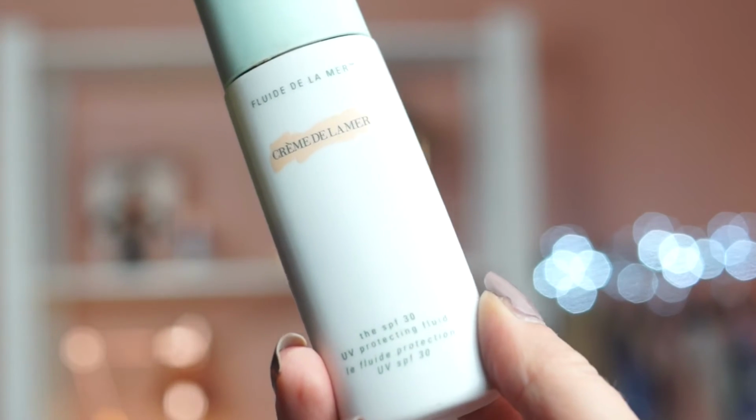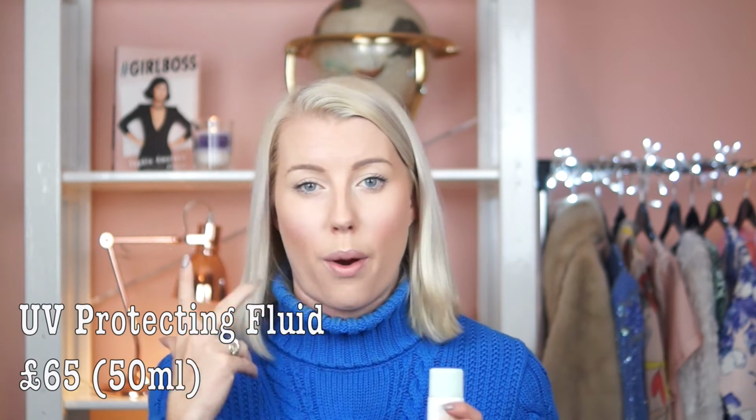Next is the last of my Creme de la Mer comparisons, and it was actually one of my favourite products when I was working there, is the SPF. So this is really beautiful because it's got a very, very thin consistency. So this is face SPF. This is actually 30 SPF, the UV protecting fluid. As it says in the name, fluid, it's very, very thin, so I use it almost as a primer, and